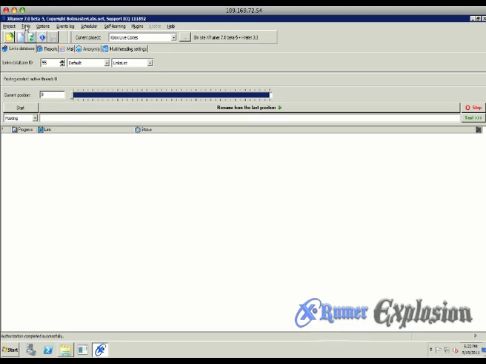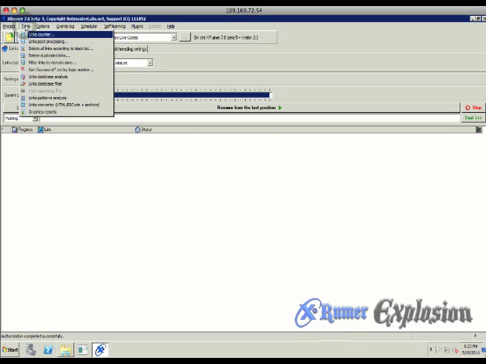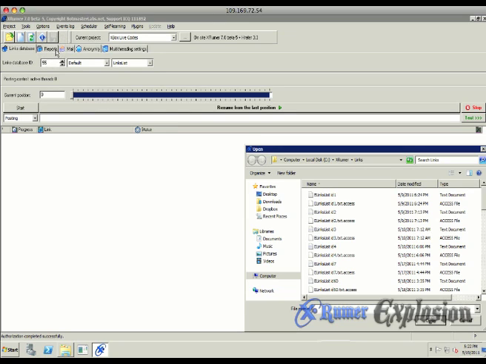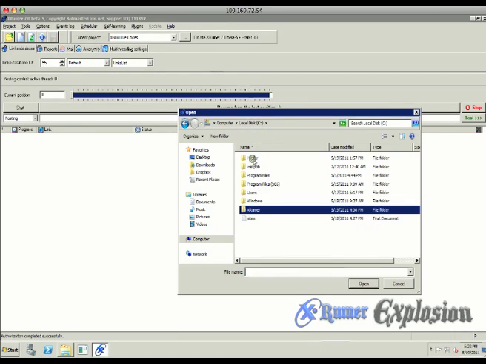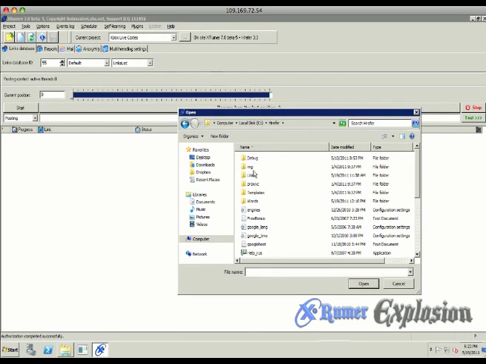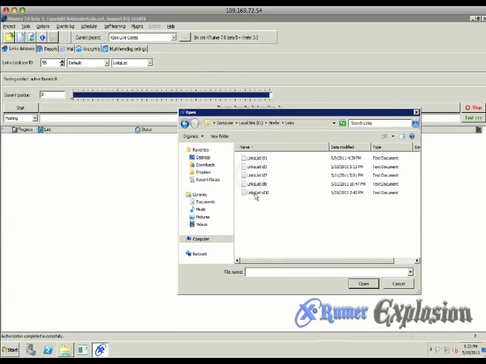Alright, so to start off, we're going to go to Tools, and then down to Delete All Links According to Blacklist. Now this is a really good habit to get in. Basically we're just going to go to the local disk and select the hreffer folder. And if you remember a couple videos back, if we go to Links, the one we scripted was links list ID 10. So we're going to hit open,